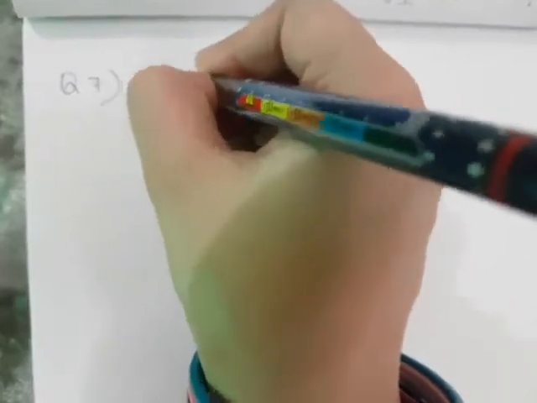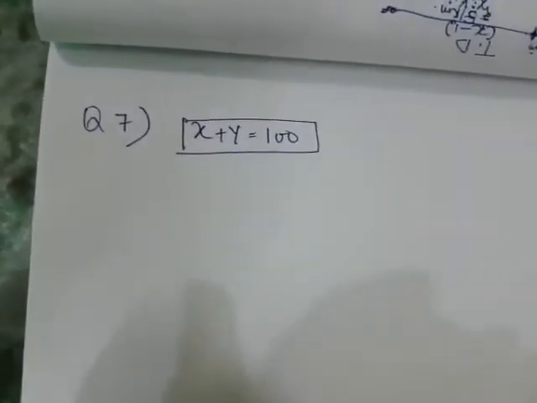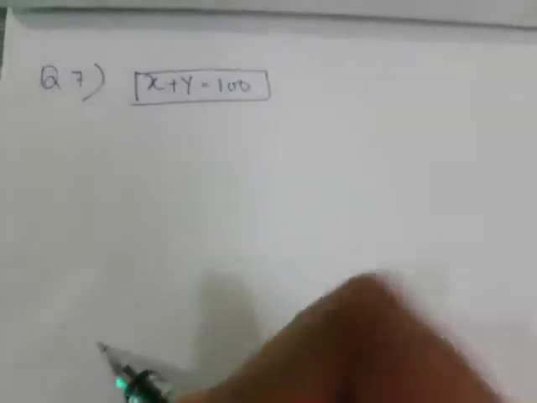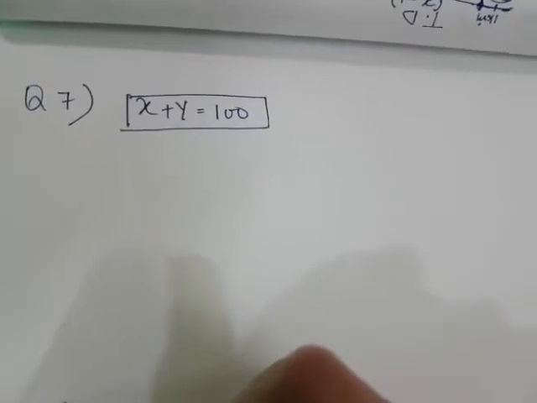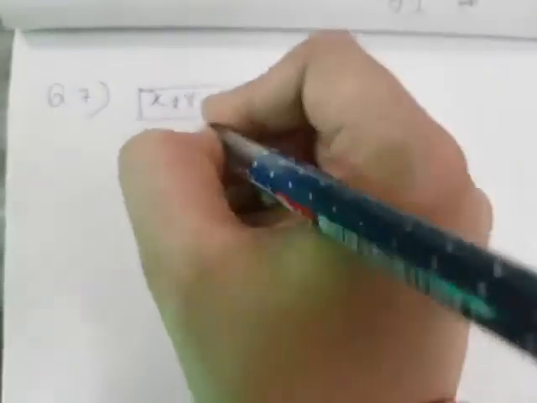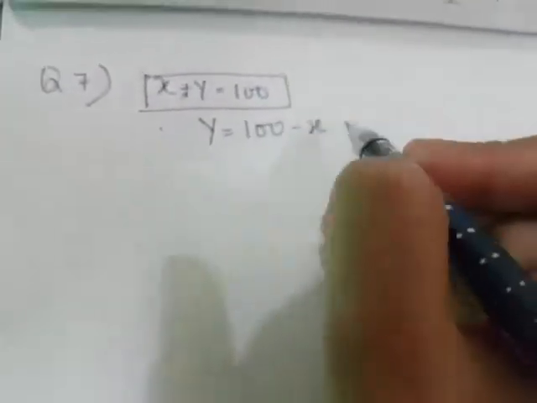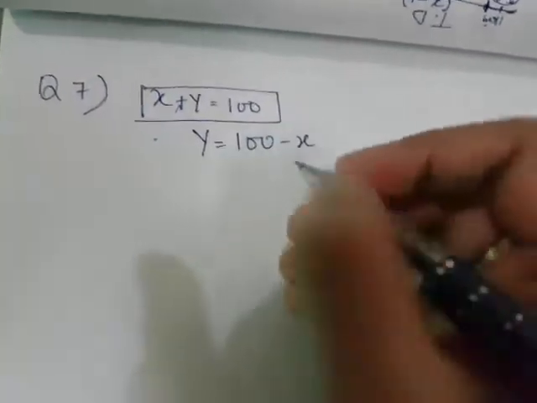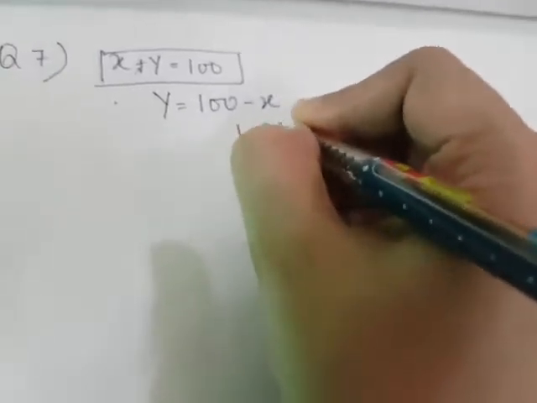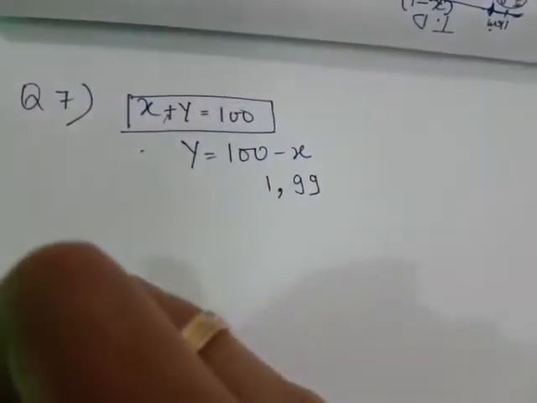So it's just x plus y equal to 100. Just one thing I want to tell you in this equation: when you draw the graph and take the values of x and y for drawing the graph of this equation, you don't take 1 and 2, because if you take the values as 1 and 2, then 100 minus 1 will be 99, so your coordinate points will be 1 and 99. It means a very big graph you have to draw.